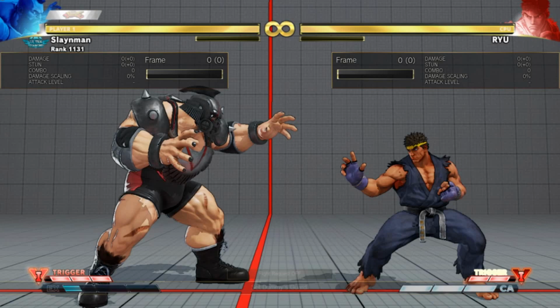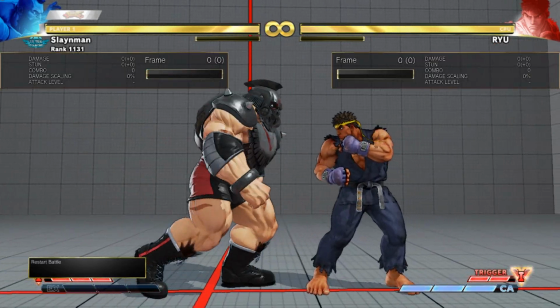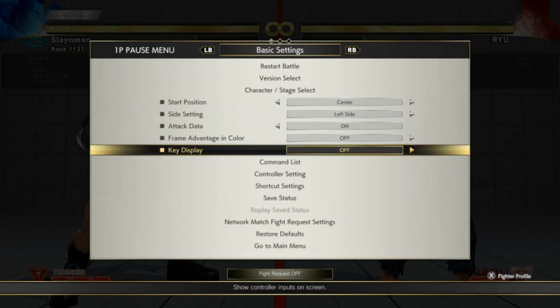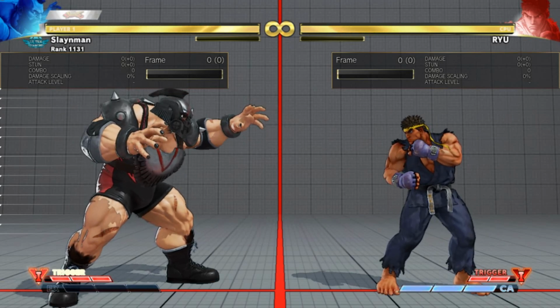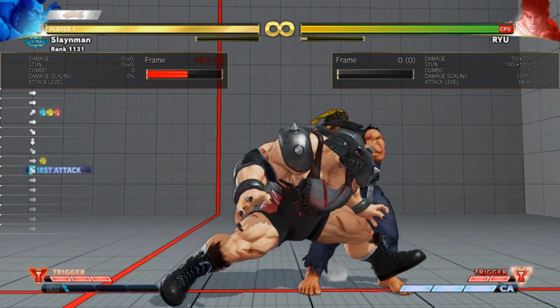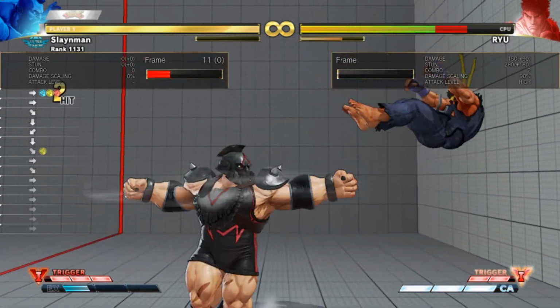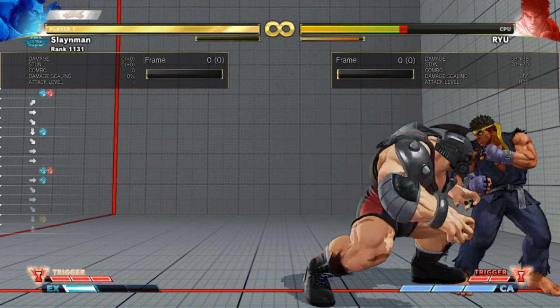Yeah, so before they made it, see, here, I'll put key display on so you can see this. Before, you could special cancel into it, which was obviously a dumb idea because you would never do that because it wouldn't do anything. But see, now if I try to do it, it doesn't work. Here, I'll even, like...